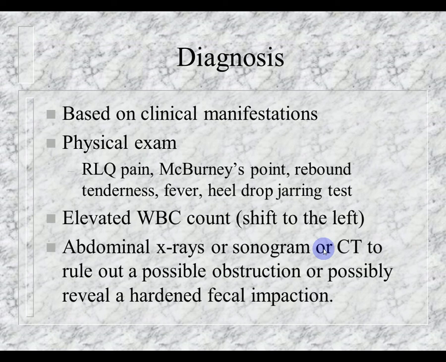Diagnosis is based upon clinical manifestations. Fever, vomiting, and abdominal pain are some common things that you will see. If you look at the box on page 785, box 4-5, the first thing listed there is right lower quadrant abdominal pain. Now, with appendicitis, it does not start out being right lower quadrant abdominal pain. It actually starts out being diffuse abdominal pain. In other words, it's all over, general abdominal pain. Then as it progresses, it will localize in the right lower quadrant.